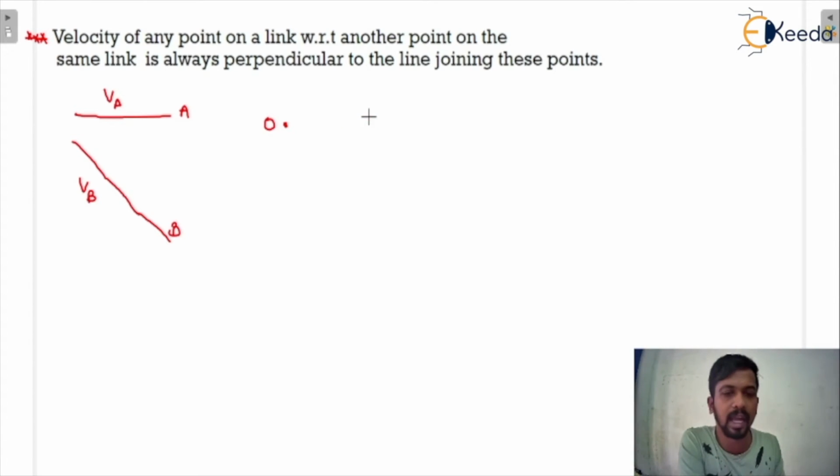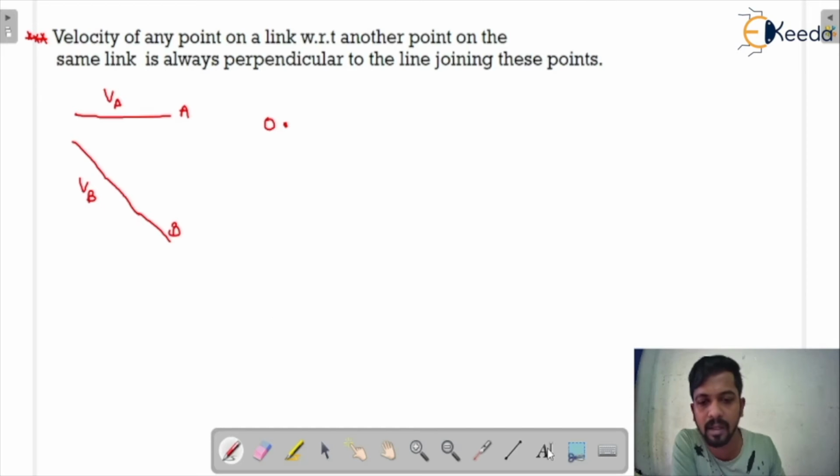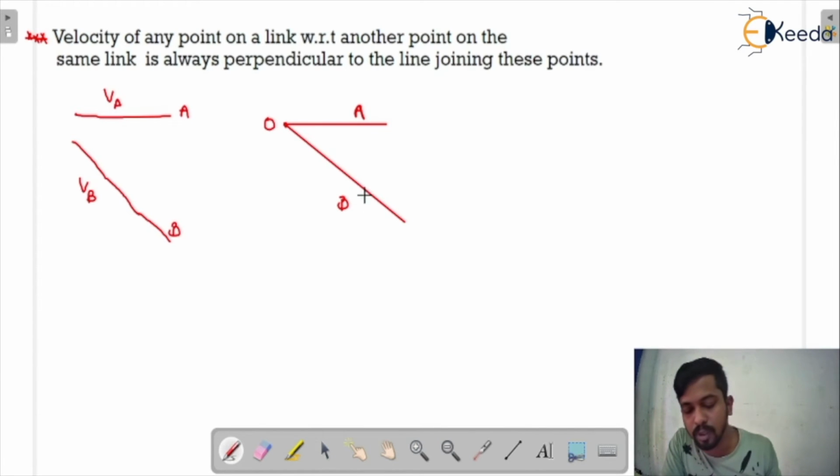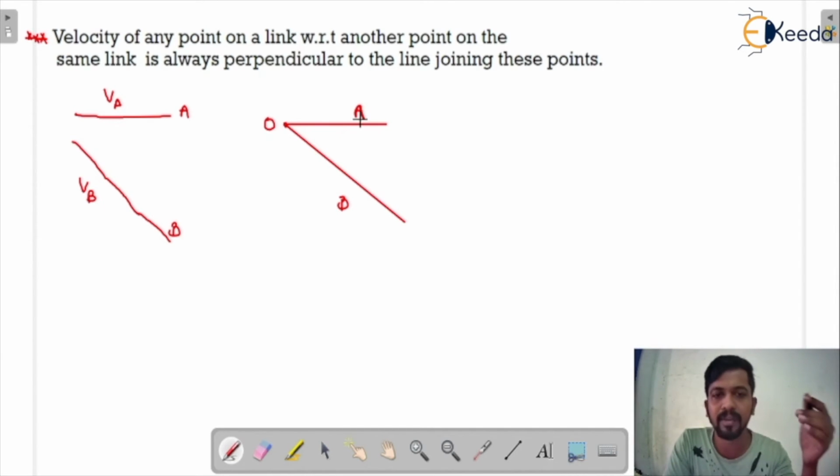Now you can see here that this would be point A, this would be link A, this would be link B. See, this is A and this is B, having the velocities VA and VB. Now we are interested in finding out the velocity in the velocity diagram. When we are discussing the velocity diagram, we represent them in small letters. We are using small letters for the velocity diagram representations.